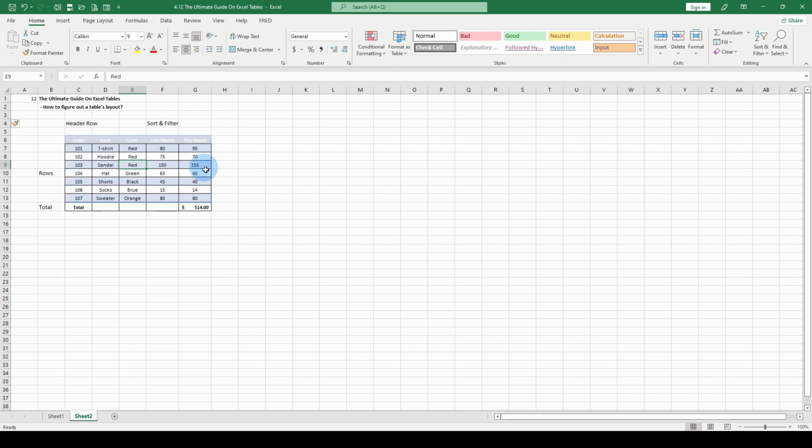What we want to do is put this into a table format. Why? Because with a table, it will automate the process a bit in terms of calculations and the sorting of